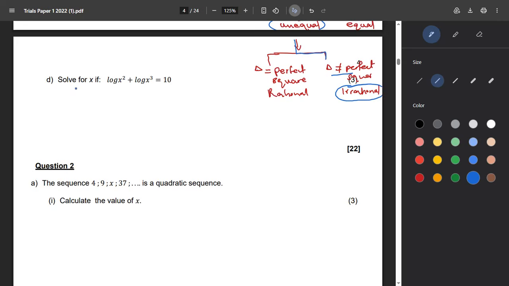The next question is asking to solve for x if you have log x to the power 2 plus log x to the power 3, and this is equal to 10. So to solve for this, there is a law that says that